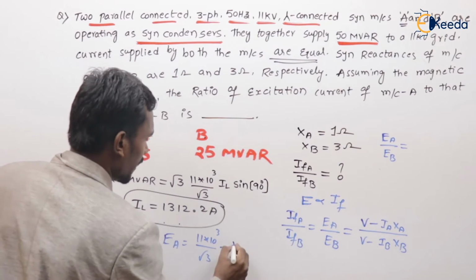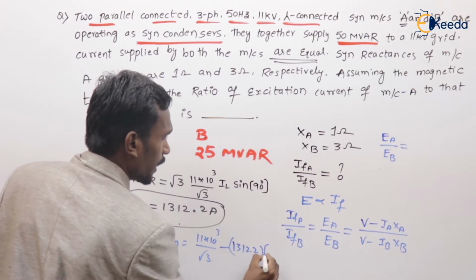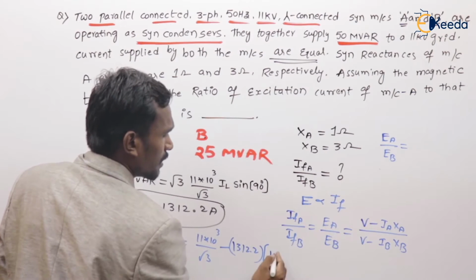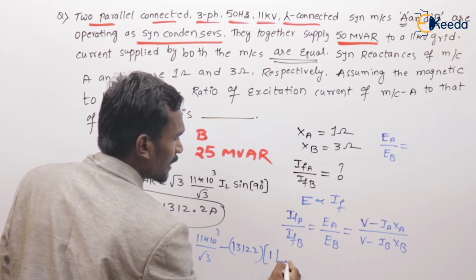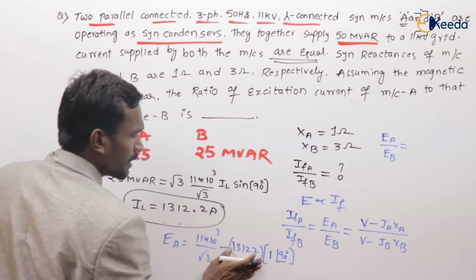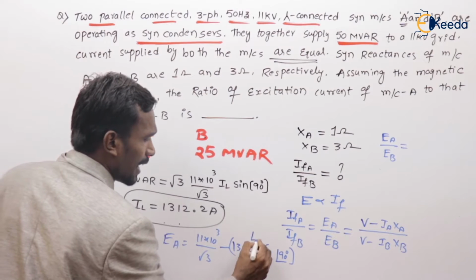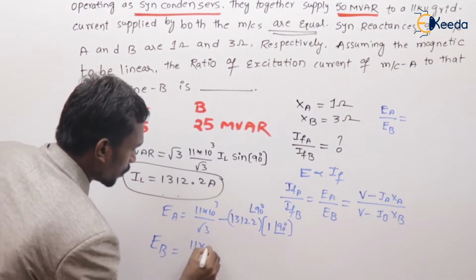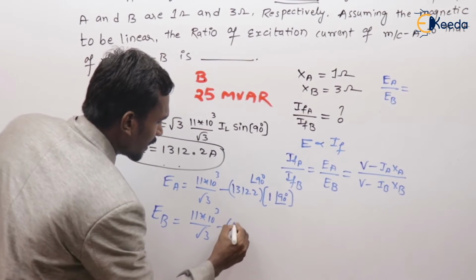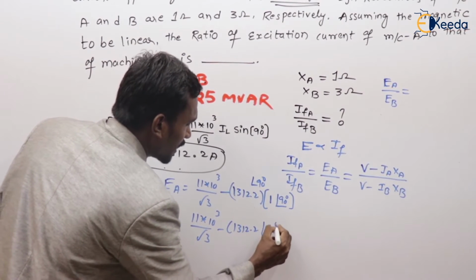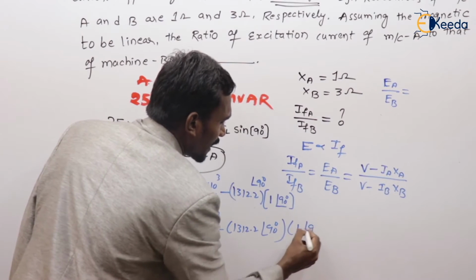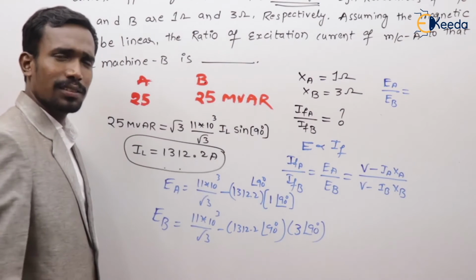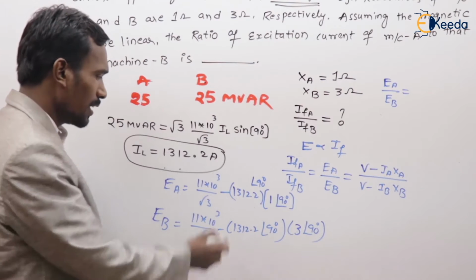That is 1312.2 into XA, where XA is 1 at an angle of 90 degrees, and the current is also at an angle of 90 degrees. And EB is 11 kV by root 3 minus 1312.2 at an angle of 90 degrees times XB, where XB is 3 at an angle of 90 degrees. If you solve these two,